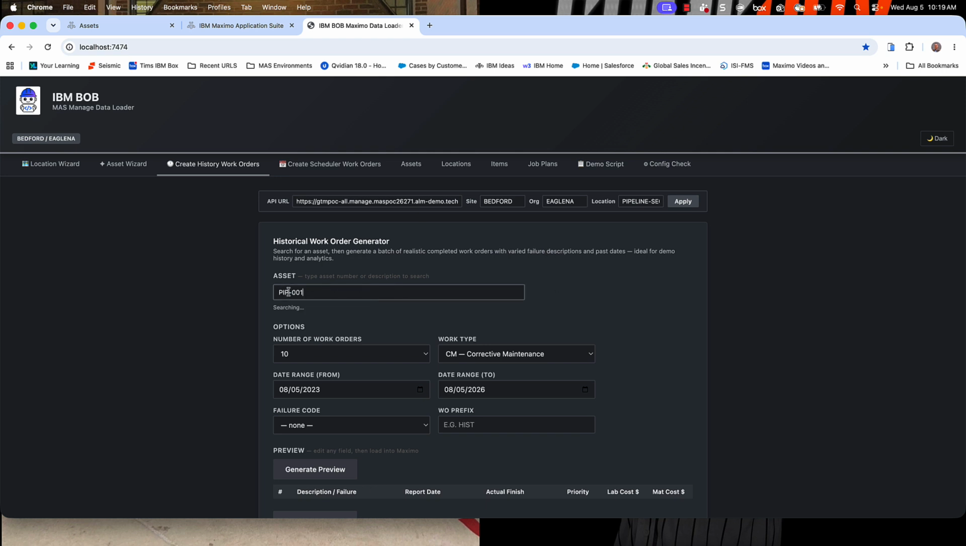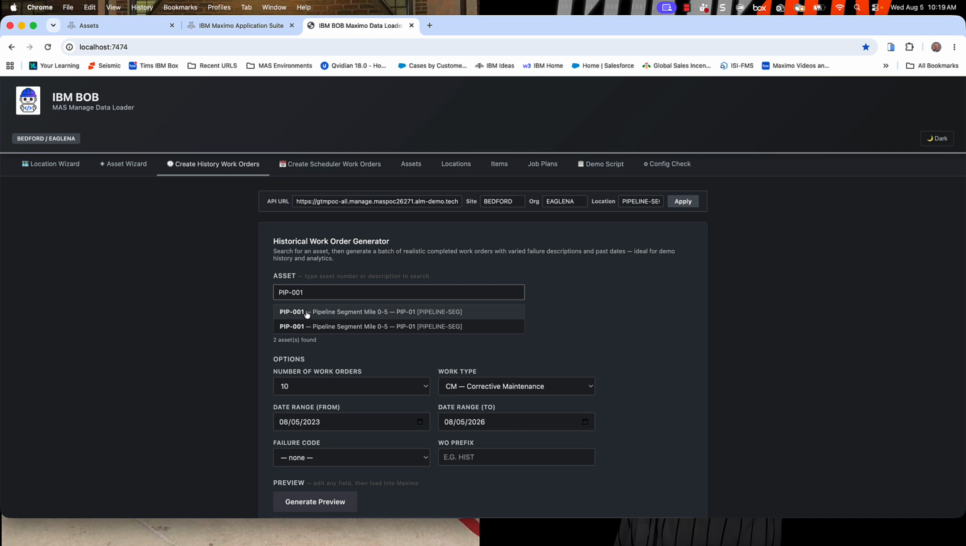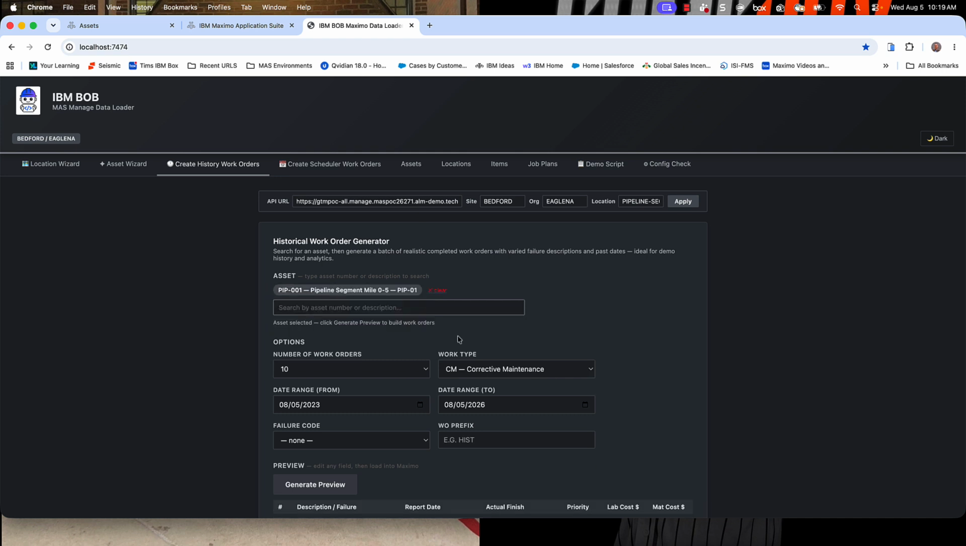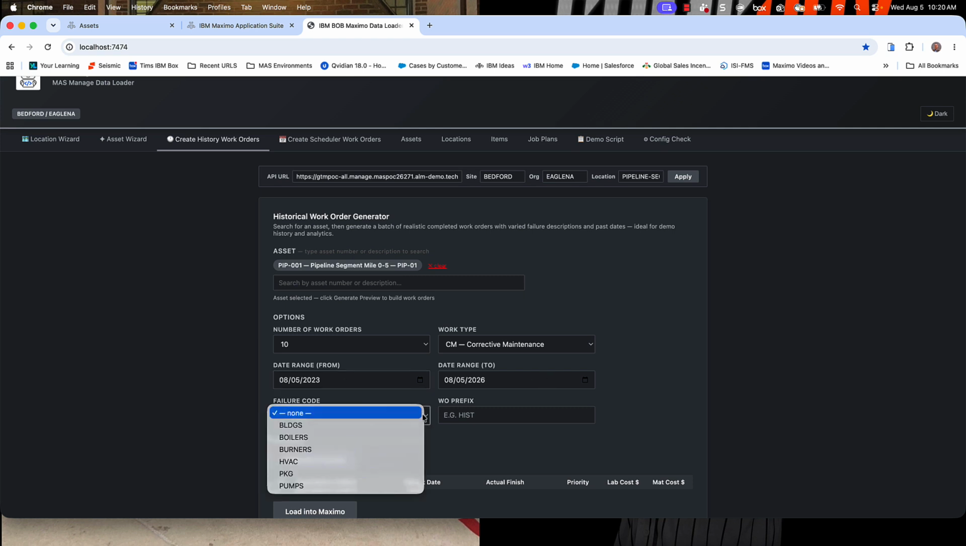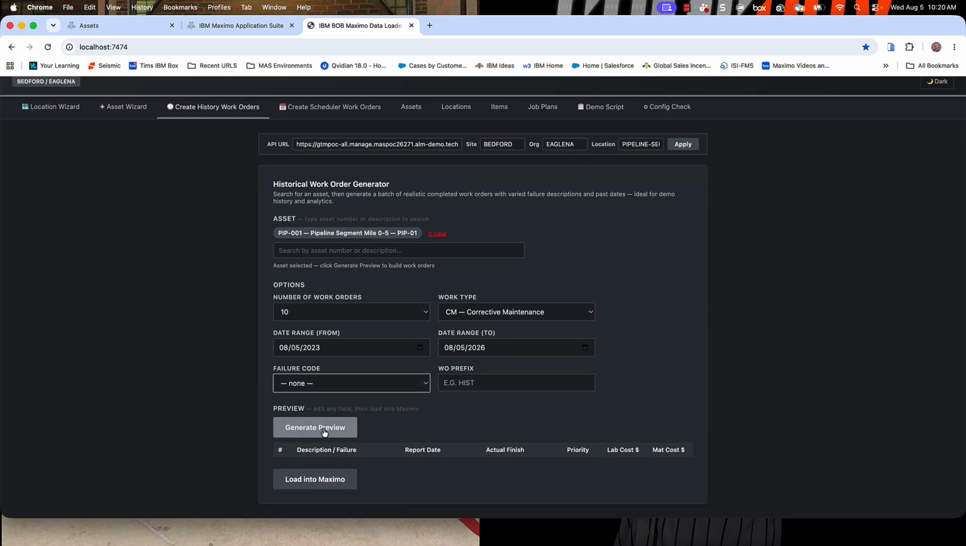So if I filter on assets, my PIP asset, there it is. I'm going to go ahead and select it. I'm going to do 10 work orders. I can do more, but for this particular case, I'm just going to do 10 with the range from 2023 to 2026. I can put failure codes on there if there are failure codes related to that pipeline. I'm not going to put any on there. And then I just hit